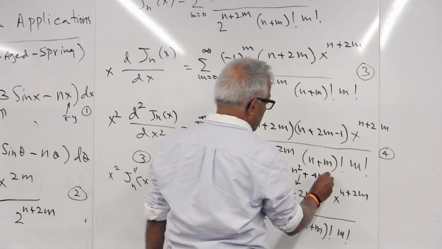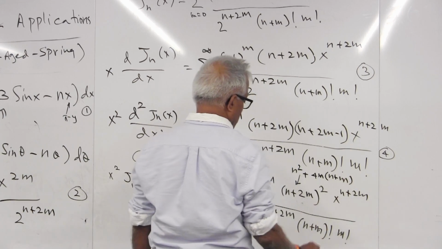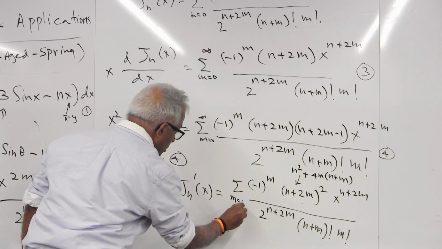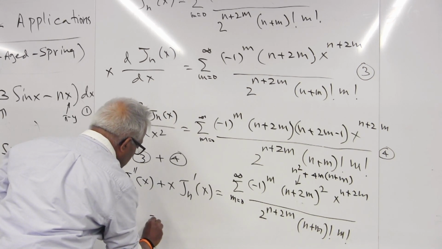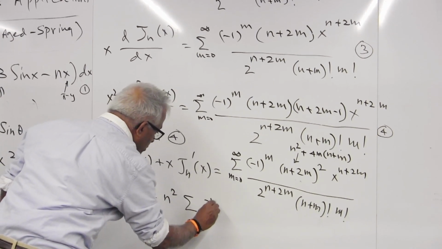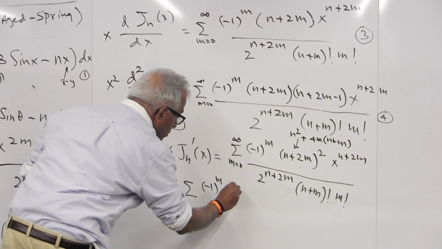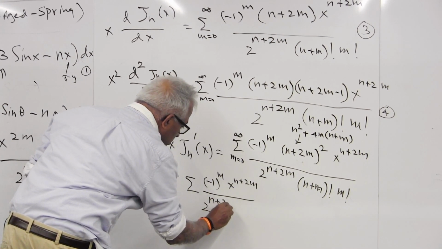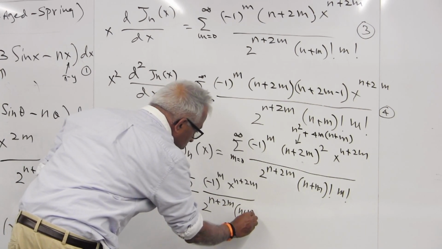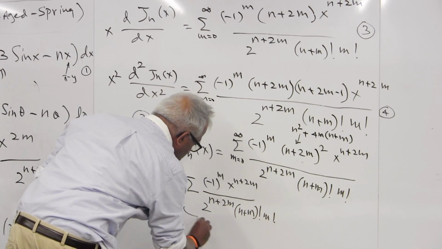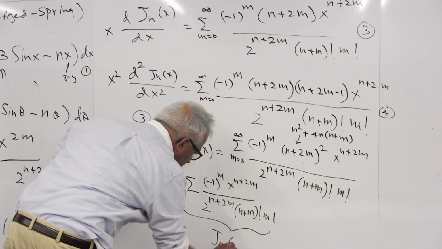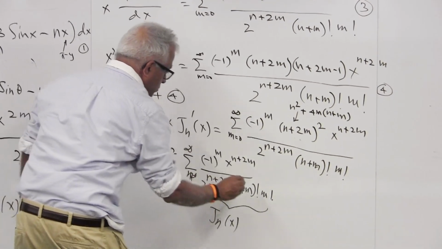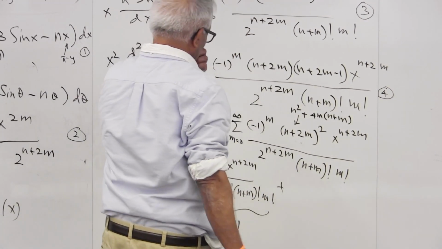So that's 4m multiplied by n plus m. n squared is a constant. So you can see that this will become n squared, then you have minus 1 to the power m, x to the power n plus 2m over 2 to the power n plus 2m. So this is nothing but Jn of x. Plus